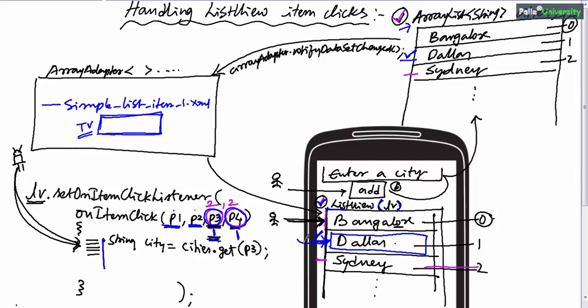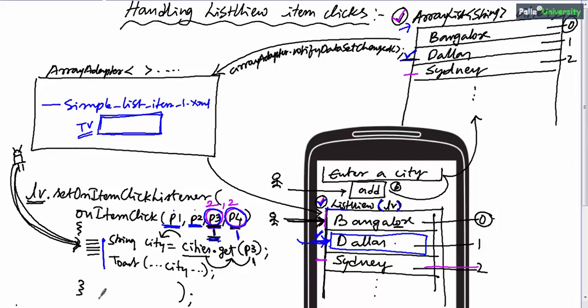Now when the user clicks Dallas, the OS will call this method by passing the p3 value as 1. Which means you are requesting the cities array list to get the element at the first position. What is the element at the first position? Dallas. That city will be loaded into the string city, and here you can display a toast message, something like "city is clicked".